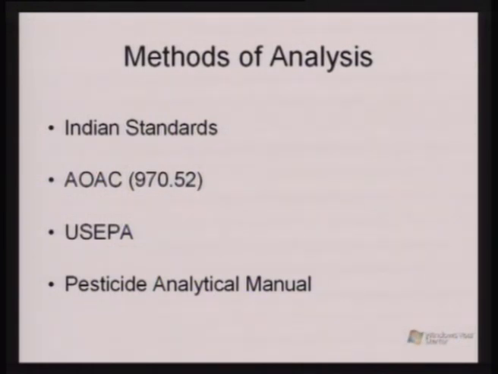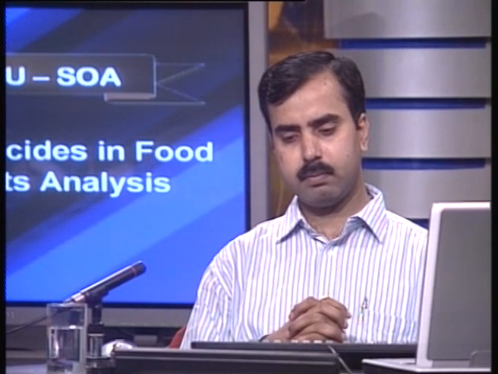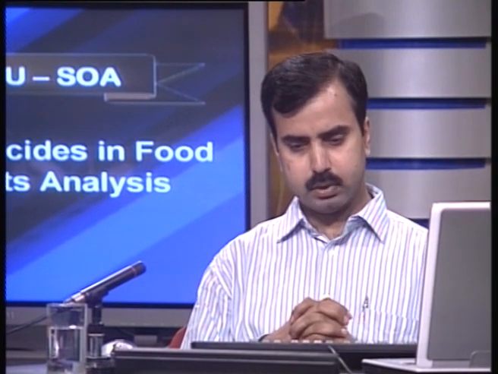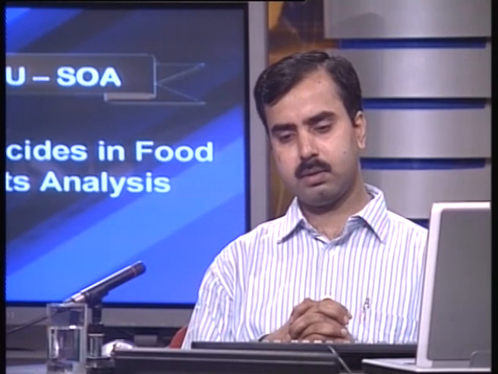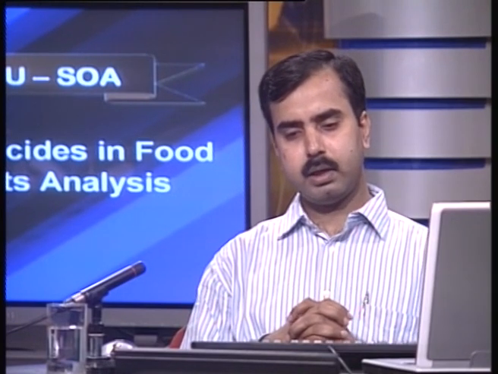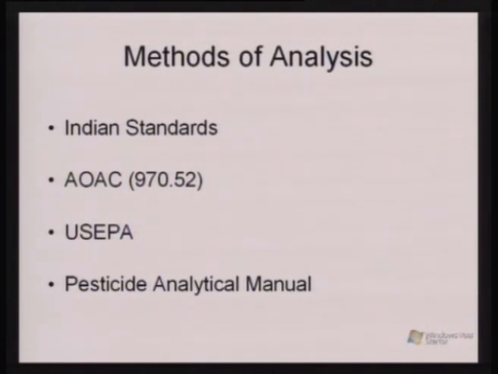The same technique is available with some other documentation source like AOAC, American Official Analytical Chemist. There is a method like 970.52. This is one example I am giving you. These are the methods where you can have the methodology for group of pesticide analysis based on the product nature. There are US EPA method, and there is a pesticide analytical manual which gives the methodology for residual pesticide analysis in most of the food and water sample. Even in the case of Indian standards,